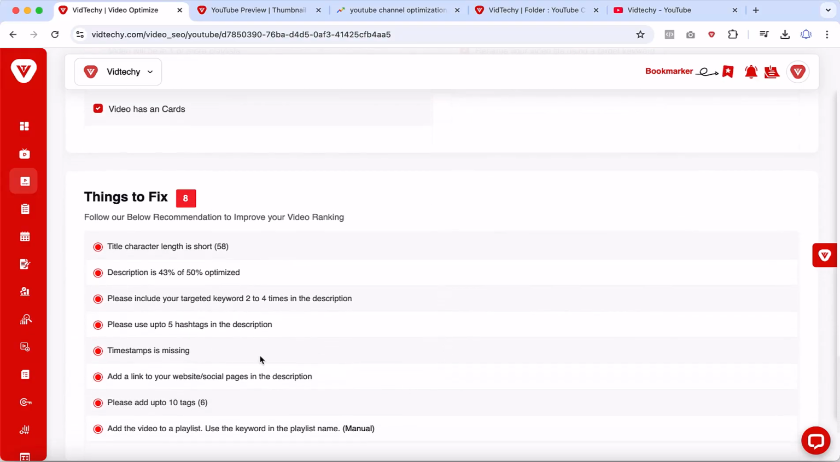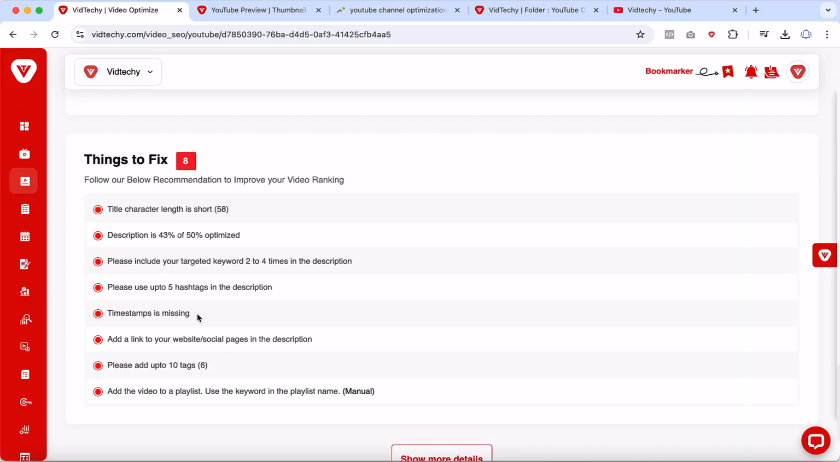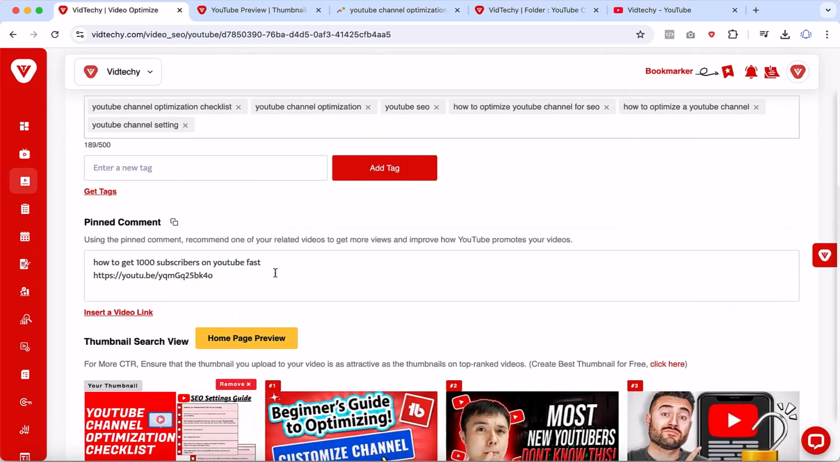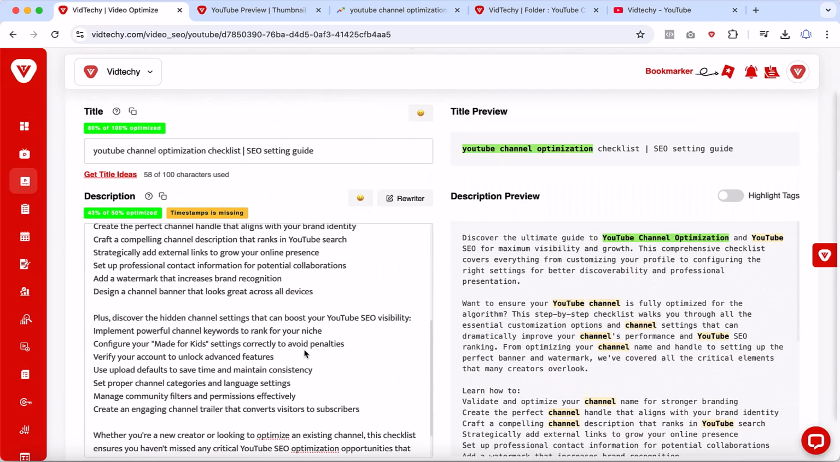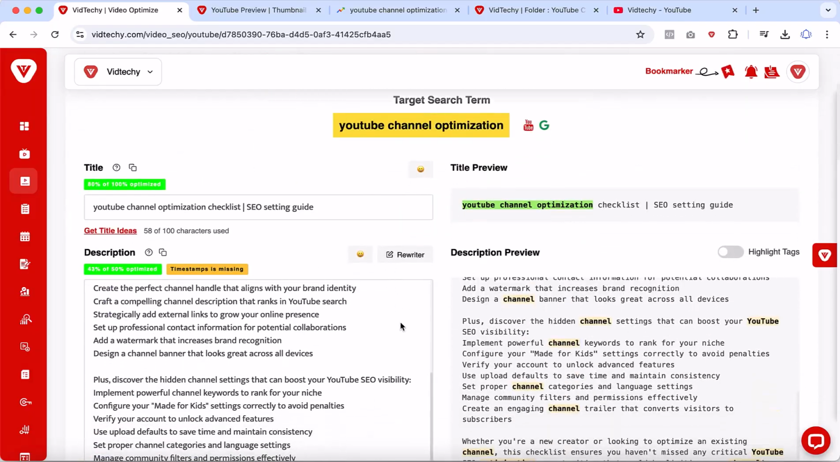So what other things do we need to fix? A timestamp is missing. This one is related to the description. Please use up to 5 hashtags in the description. Basically, this is the idea that VidTechy will give you. Let's say if it is good enough, then leave that and you will now be ready to upload the video